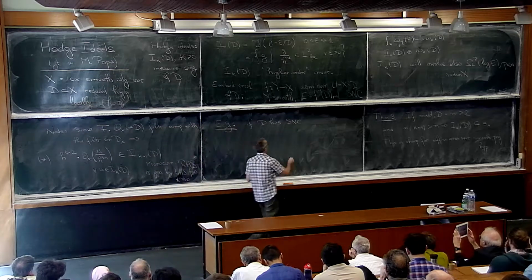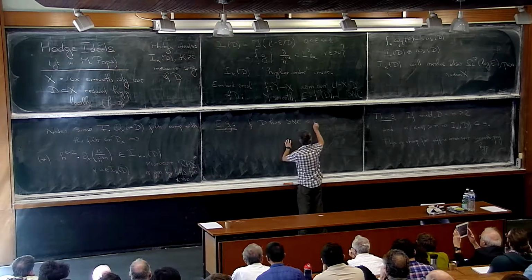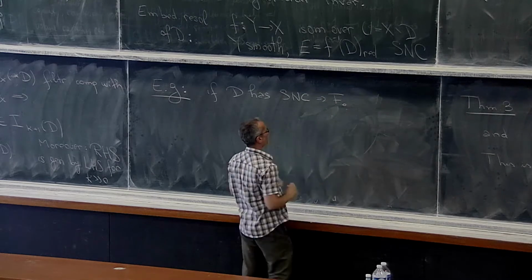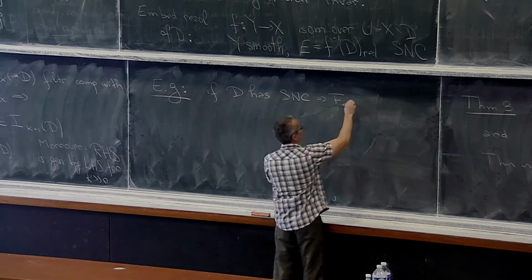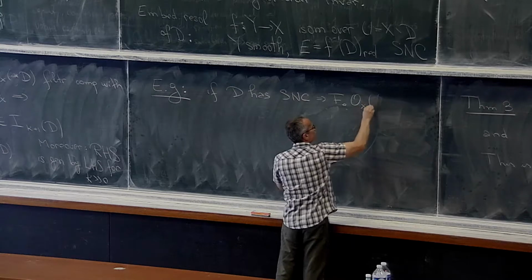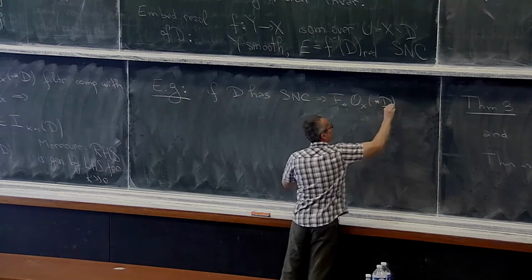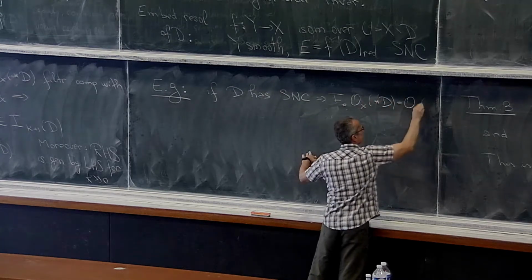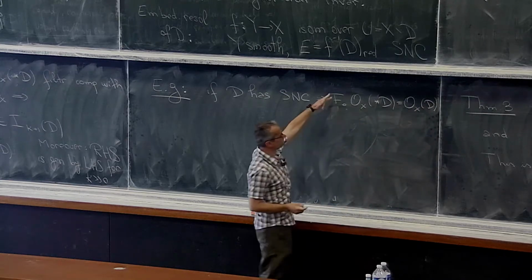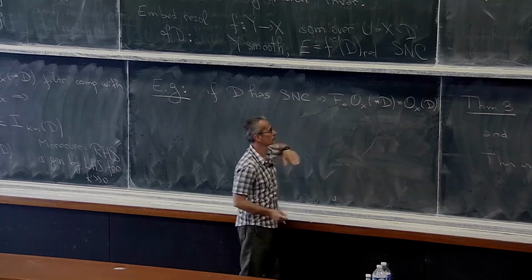So in other words, you know that F_0 O_X(*D) is O_X(D). And in fact, from this point on, everything is determined by the previous level. So in other words,